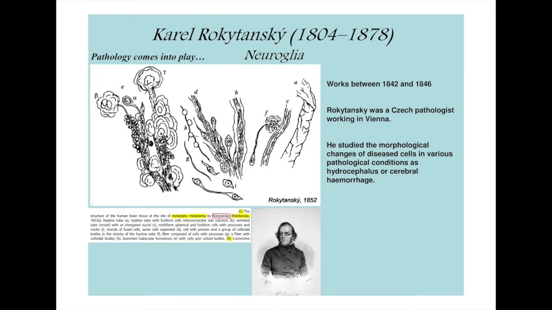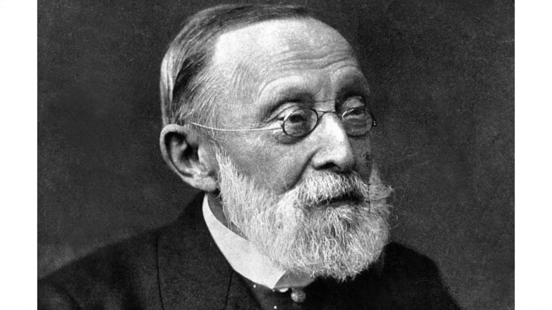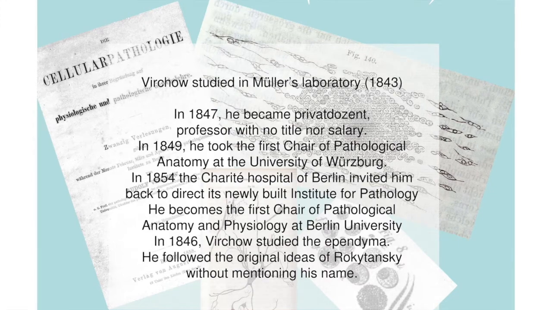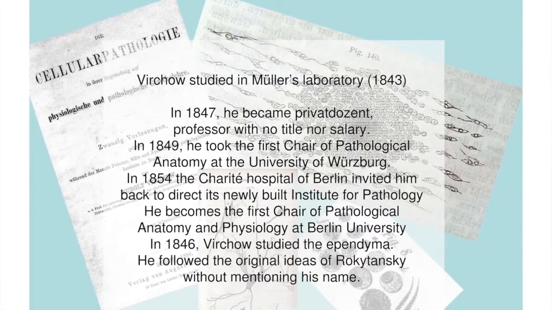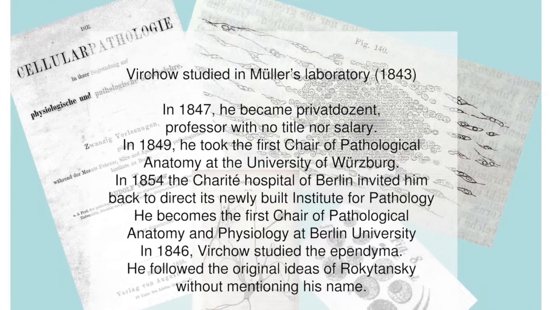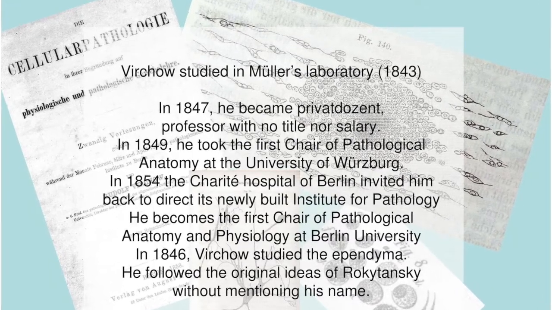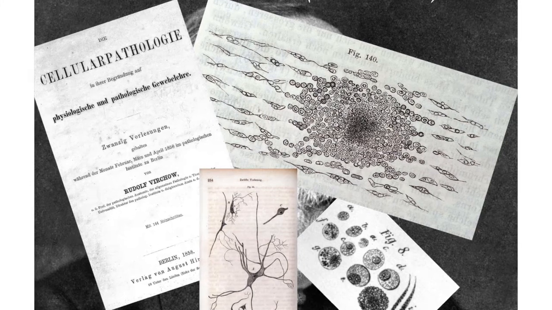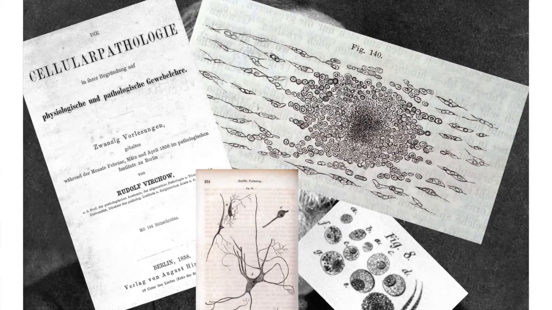A similar reasoning was made by the famous Berlin anatomist Virchow. Virchow studied in Müller's laboratory. He became the German leader in pathological anatomy in Berlin. He is known to have established the second law of cell theory, according to which any cell comes from a previous cell. But this law was derived from the work of the Jewish Polish-German anatomist Remak, generally not recognized for this.